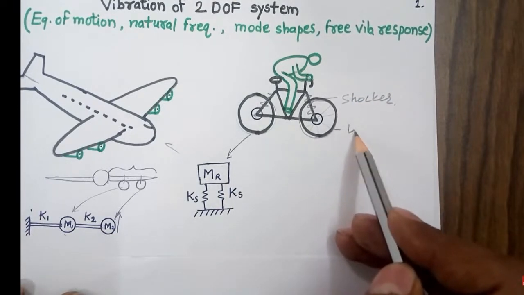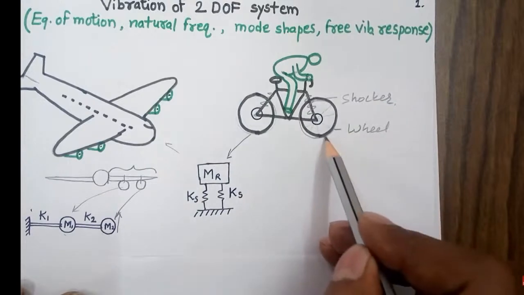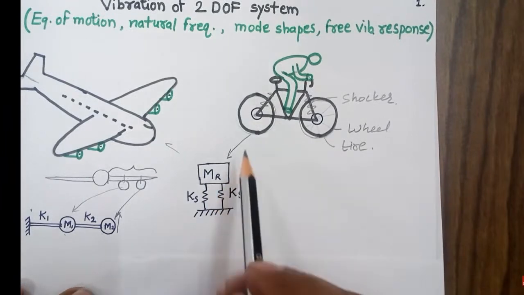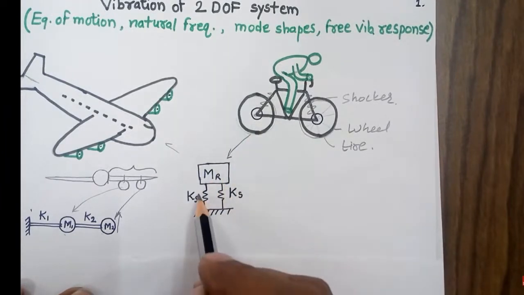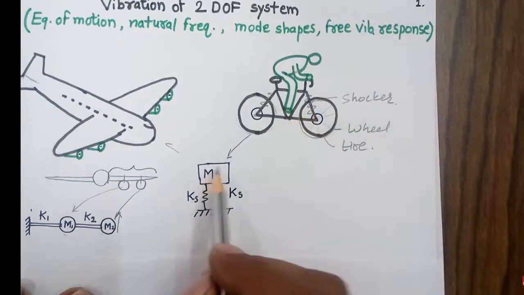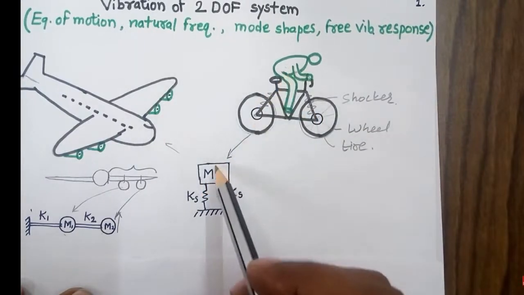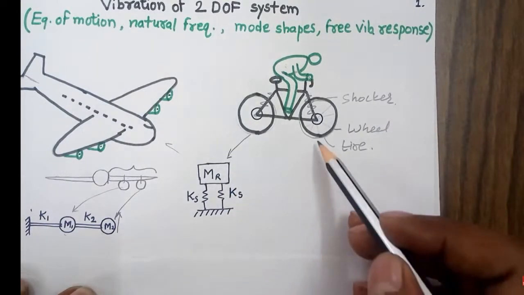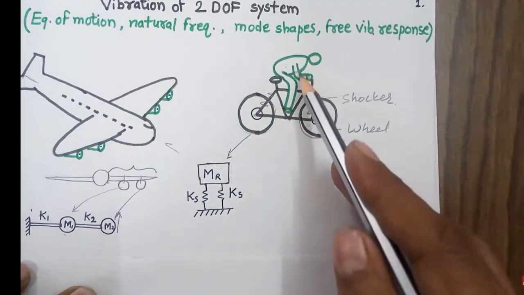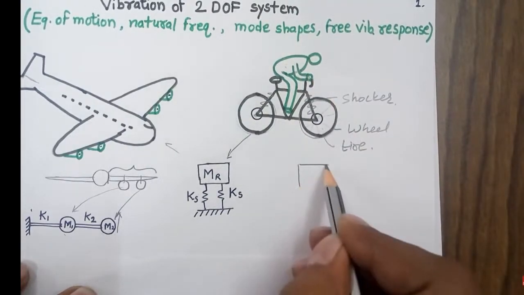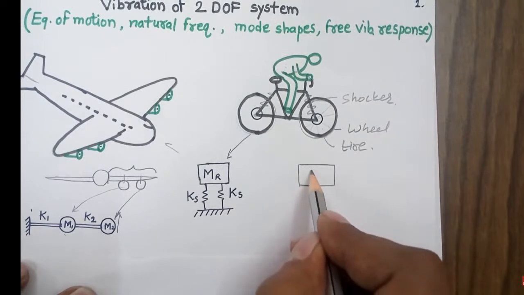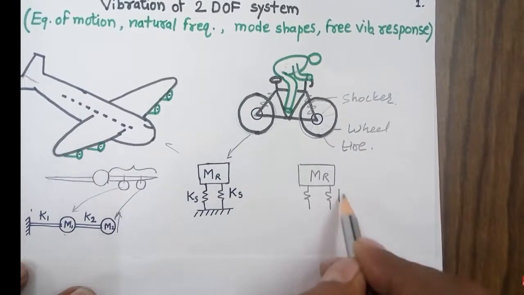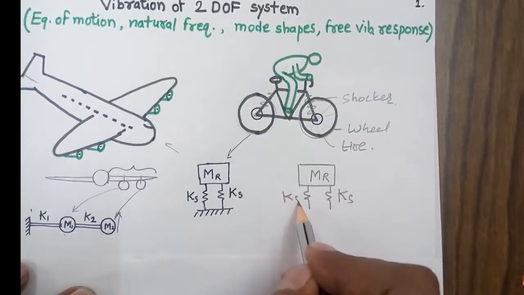and this is your wheel which has a tire. So one can model that there are two spring members because of these two shockers, and the mass coming from the rider. If someone wants to study the vibration coming from the ground to the wheel and then from the wheel to the rider, he can go for a 2 degree of freedom system, where he will consider a model where the first mass is the mass of the rider, which is connected to the two spring elements coming from the spring of the shocker.